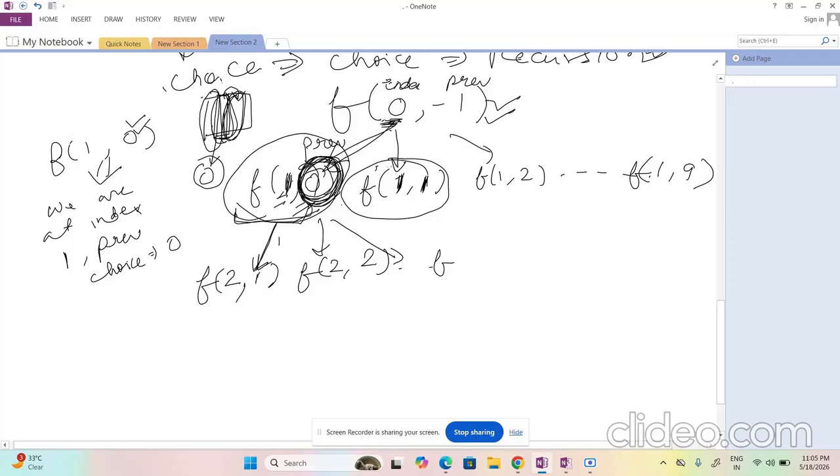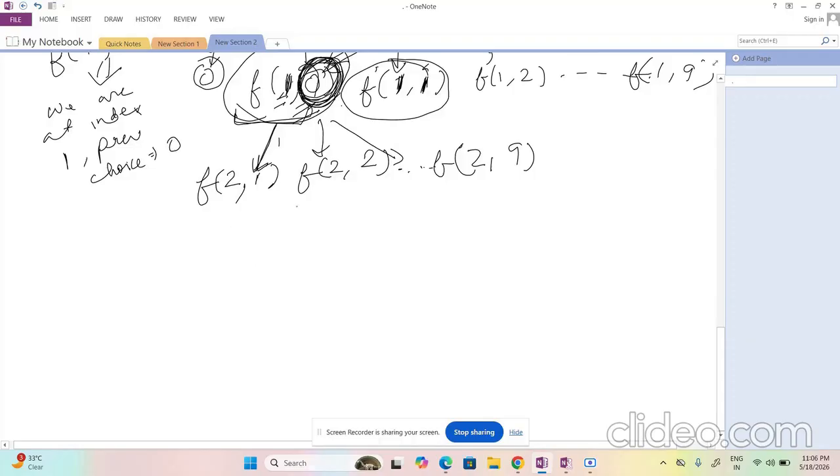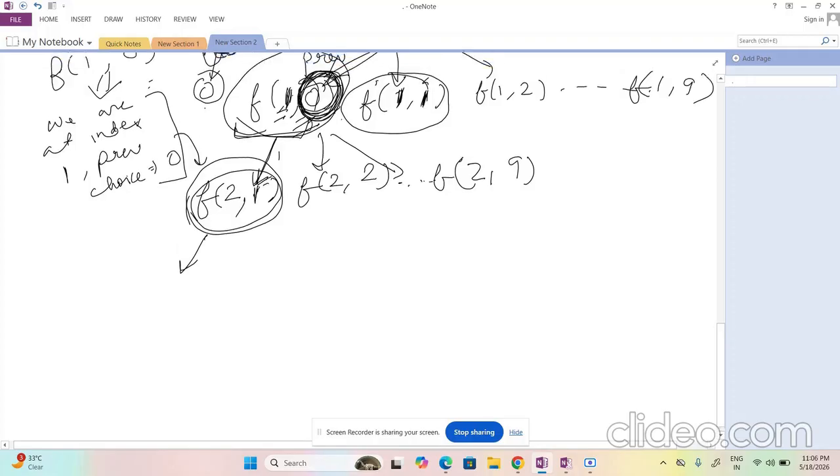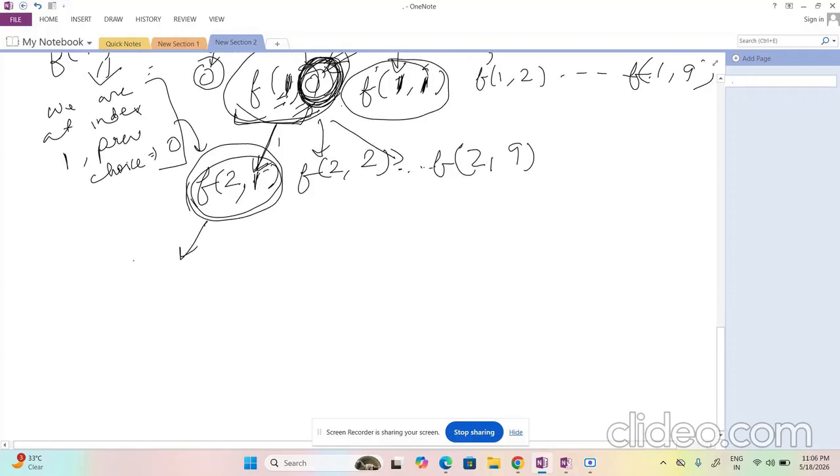I'll write this a little more clearly, pardon me for my writing, because this setup is completely new for me. So coming to this, what does this state mean? Whatever we have written here applies to this as well, that we are at index 2 and previously we have made the choice of 1, right? So from here, what choice could we make, and what does this state actually mean in the grid? I'll tell you here.